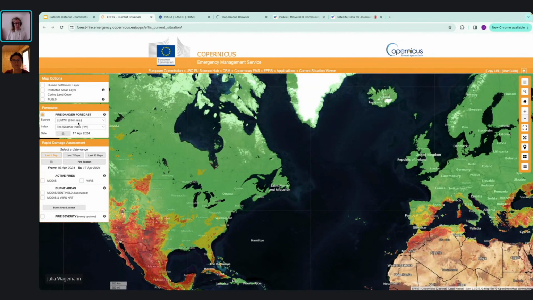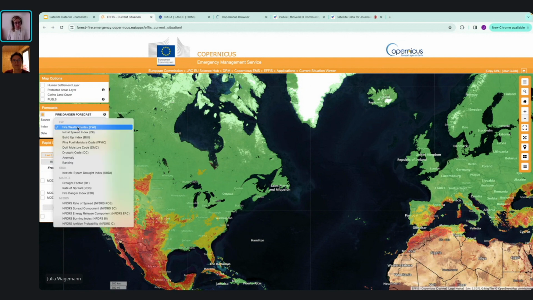You can also specify the source. So they make the information available from two different models, from ECMWF and Météo France, which is the French National Meteorological Organization.